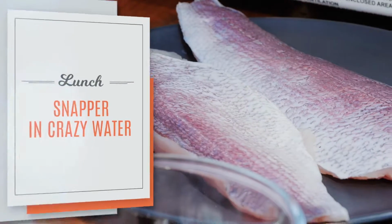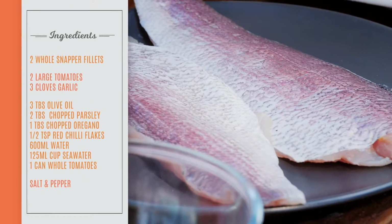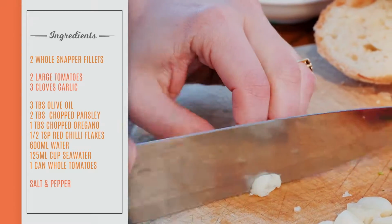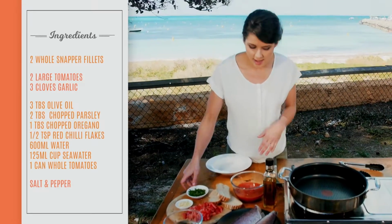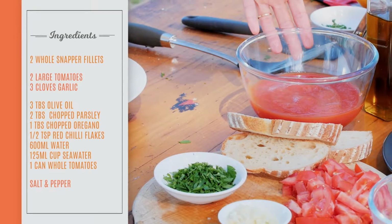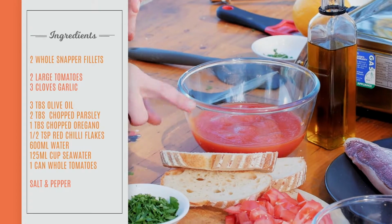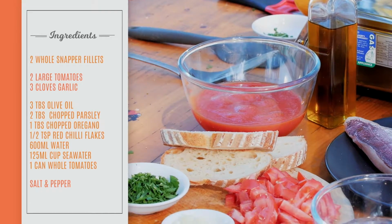recipe. We've got some fresh gold band fillets over here, fresh tomato, a little bit of just roughly chopped garlic, lots and lots of fresh parsley and some tomatoes, very important, whole tomatoes, canned, ready to go. And then we're going to be serving this with a side of sourdough bread from the bakery just around the